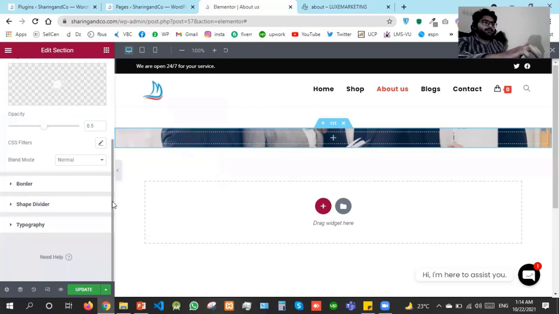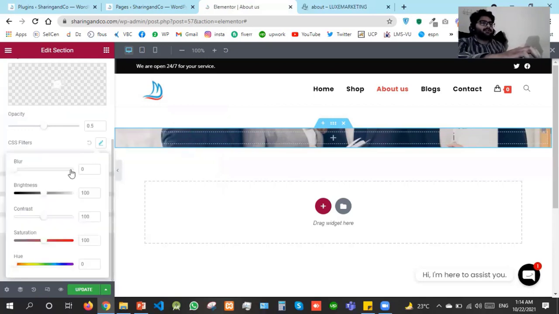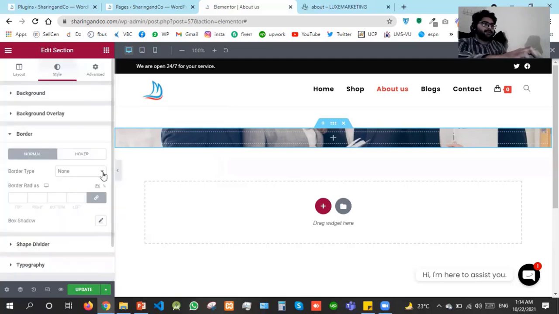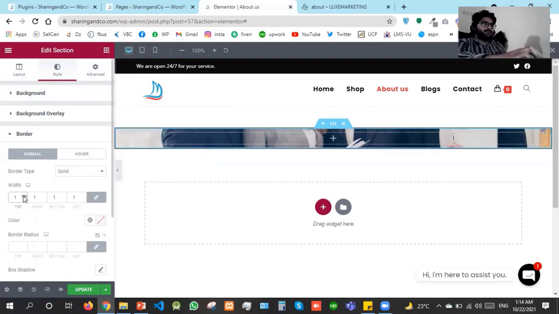And if we want to apply some filters by CSS, we can do that. We can make it blur, bright, contrast. About the color I'm saying. Then we have border for this section. If I want a border, I'll just go to solid and give it the width 1, 2, 3, 4. So you'll see a border